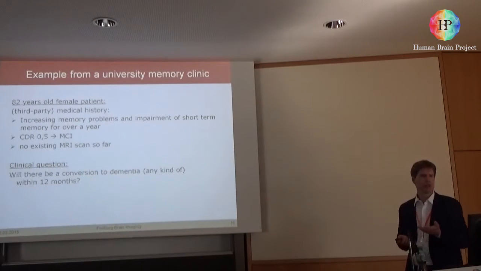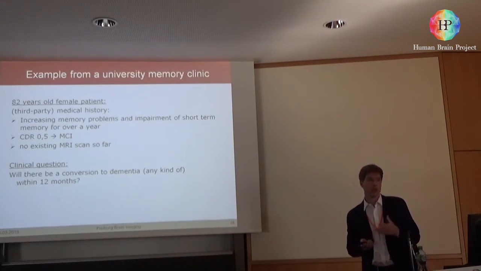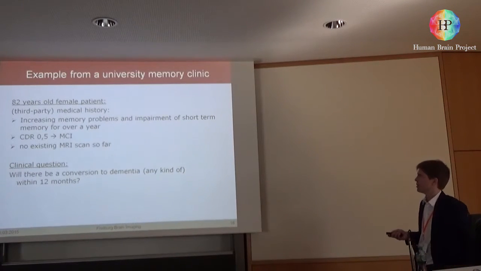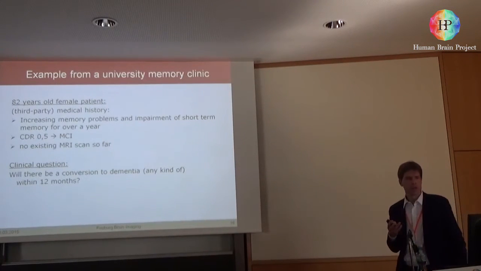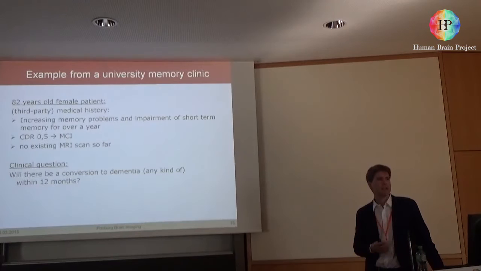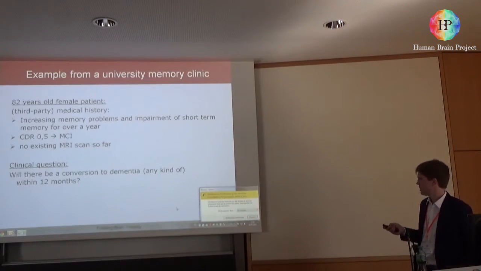Because she is still self-sufficient, we would not, strictly speaking, call that dementia, but query mild cognitive impairment as diagnosis. And here, for a clinician, the relevant question could be, is this lady going to progress to dementia, for example, in 12 years? And this was one of the questions we tried to answer with this